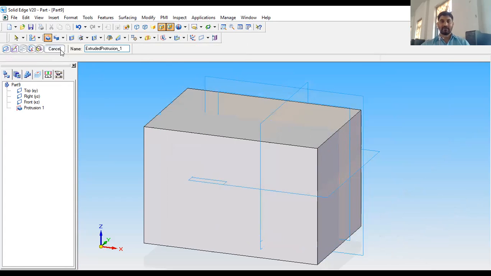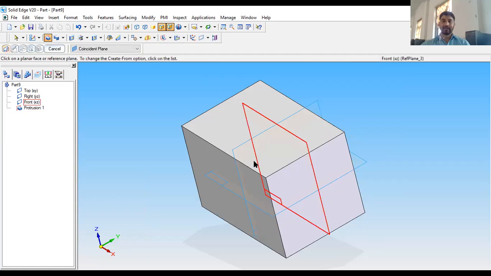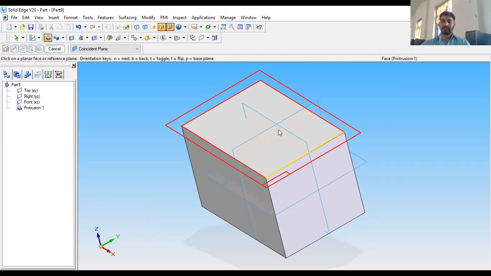So click on finish. This completes the protrusion command. I have drawn a simple rectangle and I have added material perpendicular to the rectangle sketch I have drawn. So next we'll move on to the